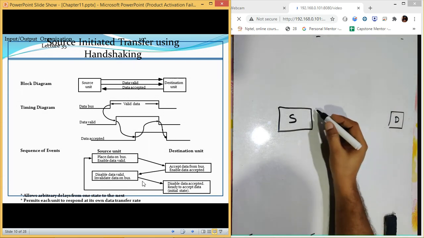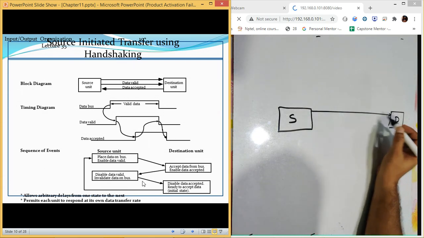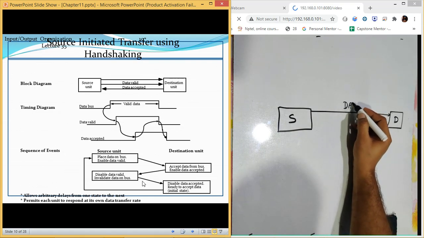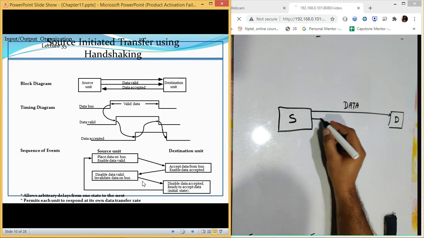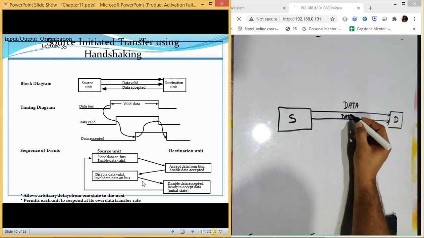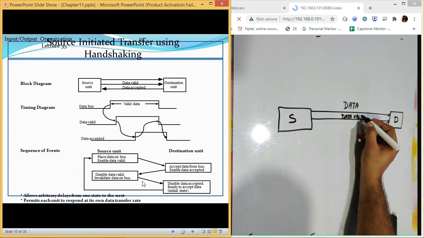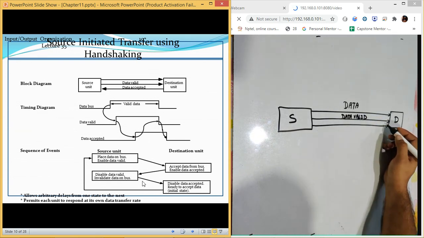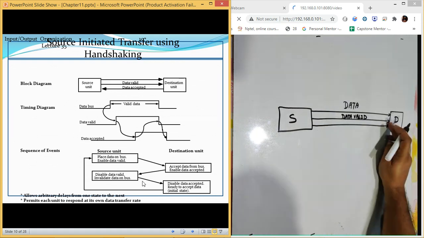Now we are having three lines. First one is data, second is data valid, and the third one which we have is data accepted.